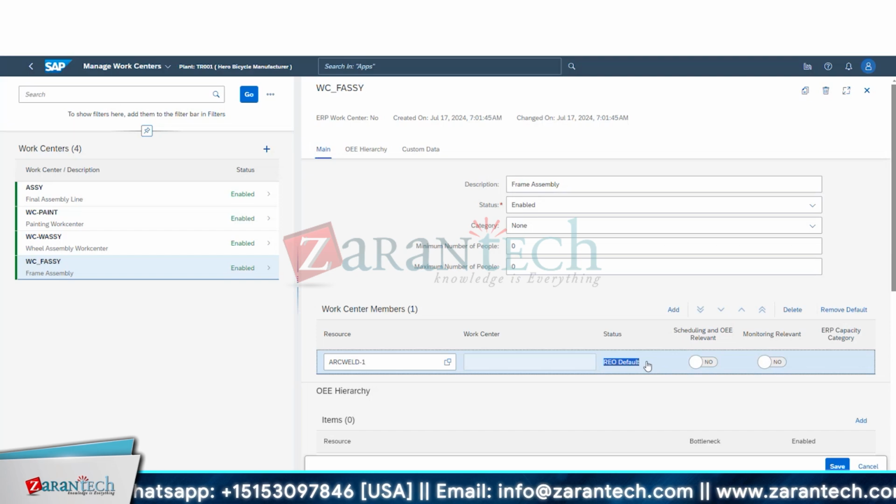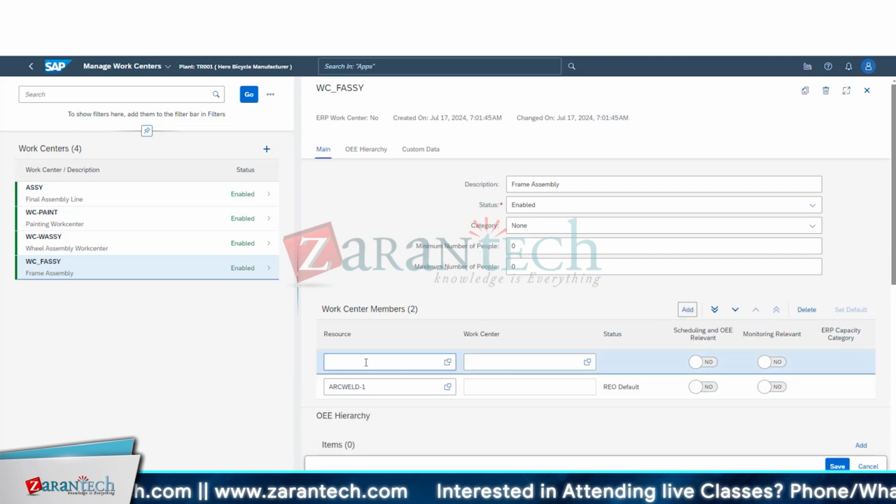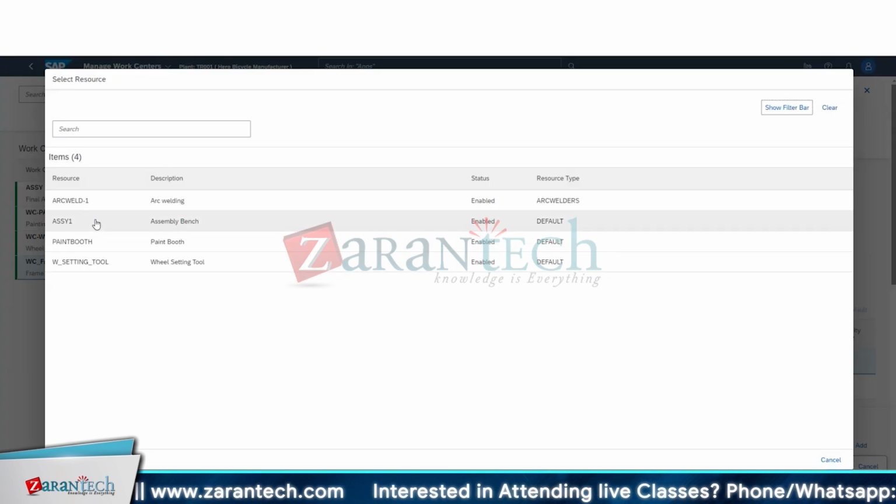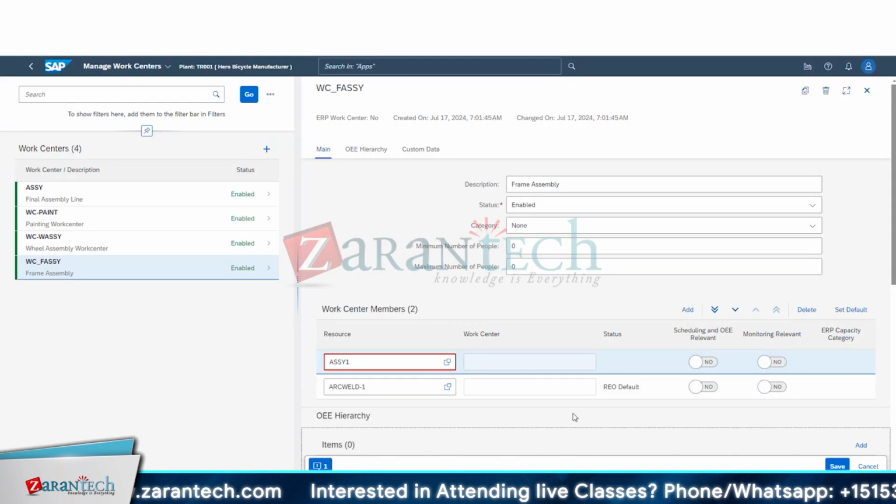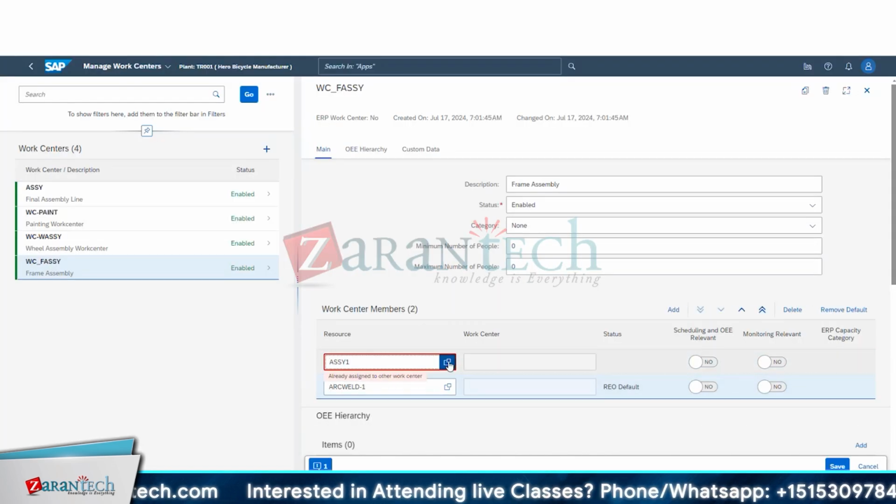Whenever we are working on this Rio thing, we are assigning the data when we are doing scheduling based on the work center and resources, right? So if we have multiple resources, suppose if I had other resources as well, let us say assembly, if I'm putting, so this will be the